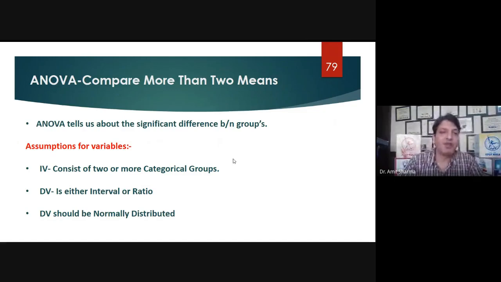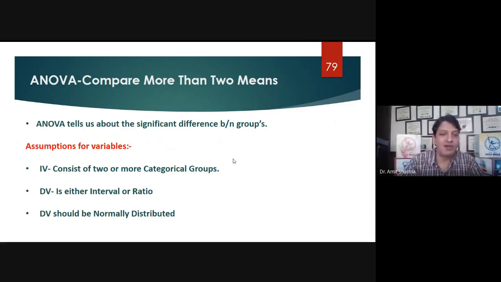In one-way ANOVA, we are going to compare means of more than 2 groups. ANOVA tells us about the significant difference between the groups, groups A, B, and C. Is there any difference in the means of these groups or not? If the means of these groups are different, we can say that our test is significant. Otherwise, we will say that the test is non-significant.